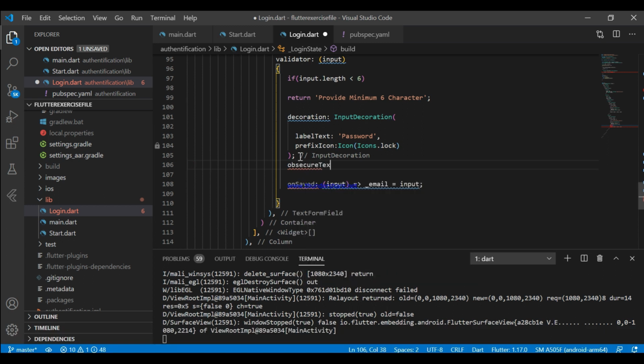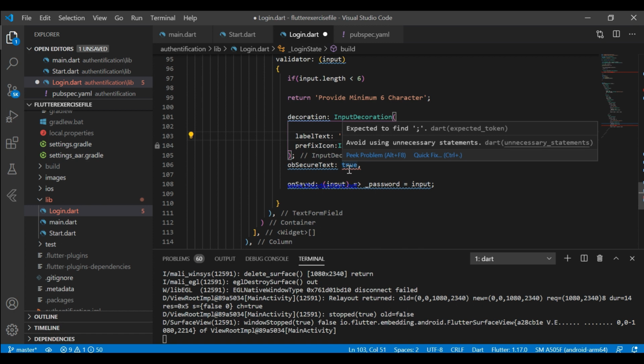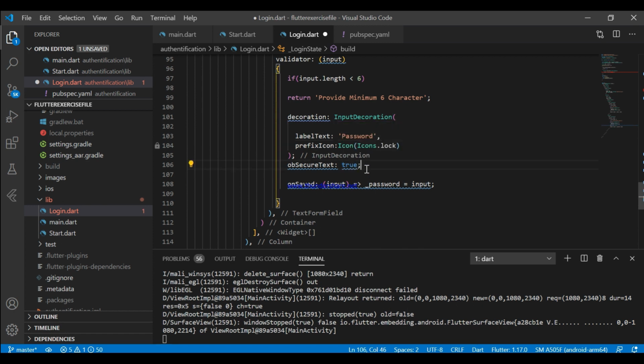And this is obscureText, which means when you are typing a password, black dots appear. This is what obscureText does. So we make obscureText true. Now here we are again saving the input.